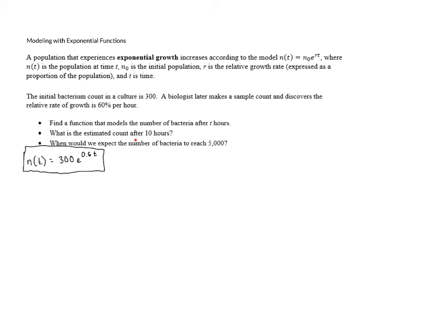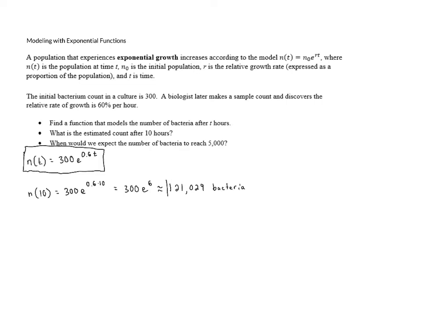Next, we want to know what is the estimated count after 10 hours. In this case, we just have to evaluate this function at 10. So we have 300e^(0.6 × 10). Now 0.6 times 10 is just 6. So this will be 300 times e to the 6th power. And if we get an approximation for this, this is approximately equal to 121,029 bacteria,